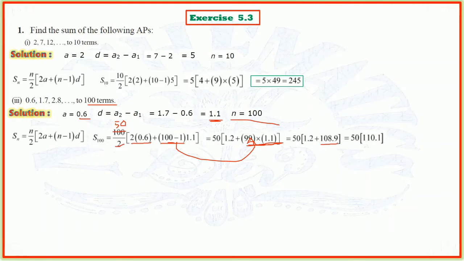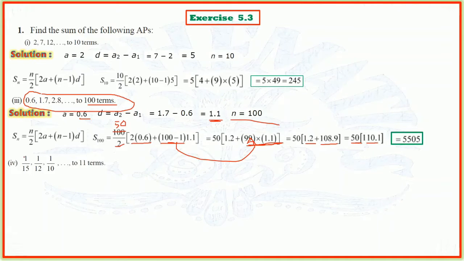108.9 plus 1.2, 110.1. So multiplying by 50, which is equal to 5505. So that is the sum of all these terms up to 100. So here we complete part number 3. Part number 4 is in